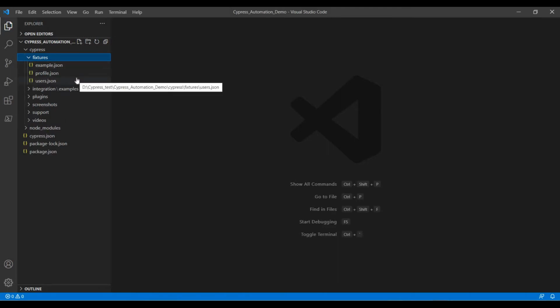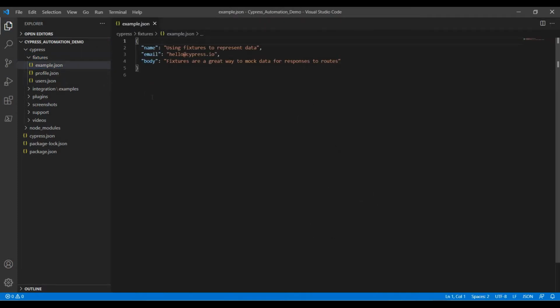So what is the purpose of creating the JSON file? Inside the JSON file, we have to store all the test data. Take one example, a login scenario. For that we have to pass test data as username and password, right? So those username and password, all the test data, we have to store inside the JSON file, and also the object repository. So whatever locators you want, those locators also we have to store in JSON format.